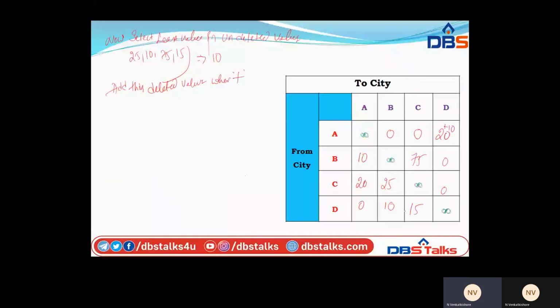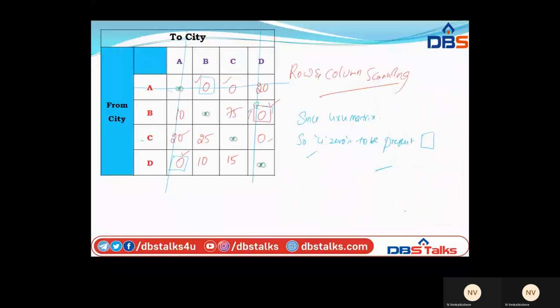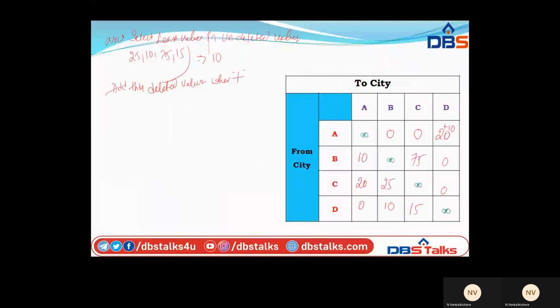Whatever the undeleted values, from where we have received this minimum value, there we need to subtract that particular value.